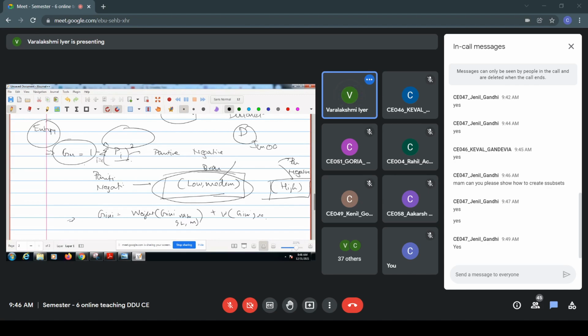Fine. So now try for this and let me know what answer you are getting. In this case, I'm asking you to split the data set with age as the attribute. We have three sets of values here for age also. So you will create three subsets, 1, 2, and 3, with one having low, high, and medium; another medium, high, and low; and another low, medium, and high. And for each you calculate the Gini impurity.